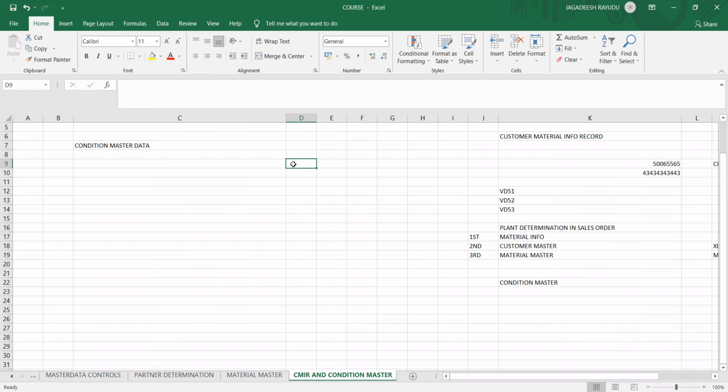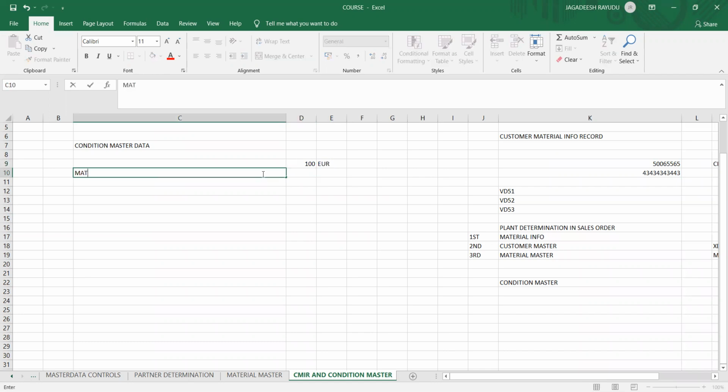Let's take an example. 100 euros is the base price of a certain product. In that you have some discounts, like material discount is 10%.